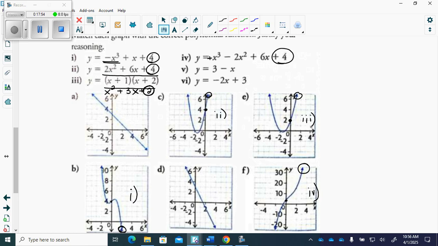And then this one does the same thing. We can rearrange it. y equals negative x plus 3. They're both down on the right. They both have y-intercepts of 3, so we have to use their slope. This is down 2, right 1. So if I go to this one, I go down 2, right 1. It lands me here. This one I'm going to go down 2, right 1. It lands me on it. So this one goes with